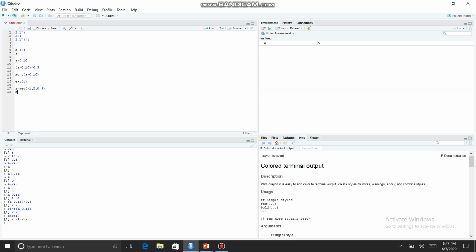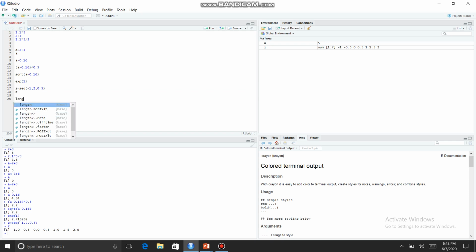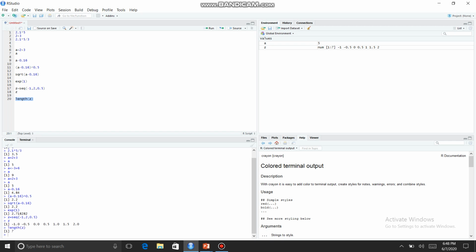Select the code and click on the Run option. The answer is displayed in the console window. We will see other ways to create a vector in another tutorial. We can also calculate the length of a variable by using the length function. Length of z. Select the code and click on the Run button. It gives 7.